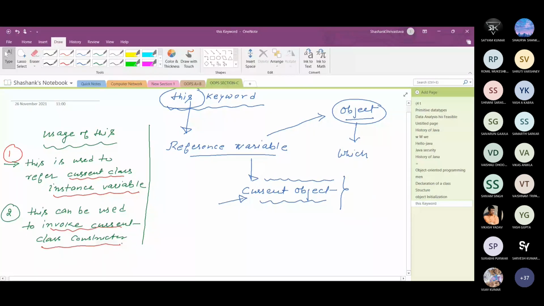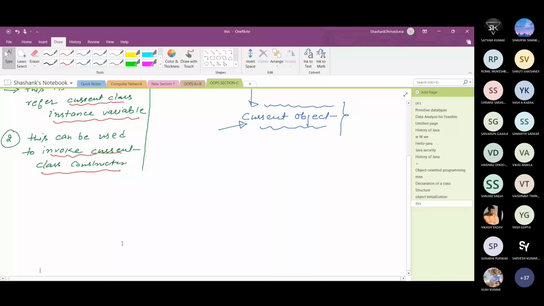Now the third use of this keyword: since this is a reference variable, it can be passed as an argument in the method call.